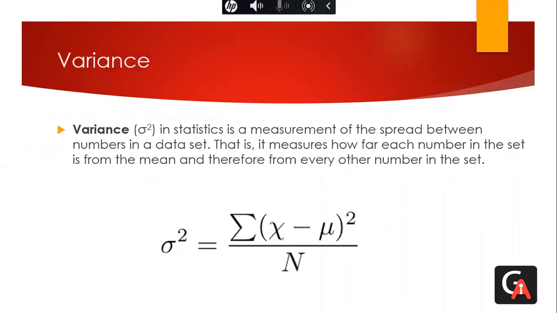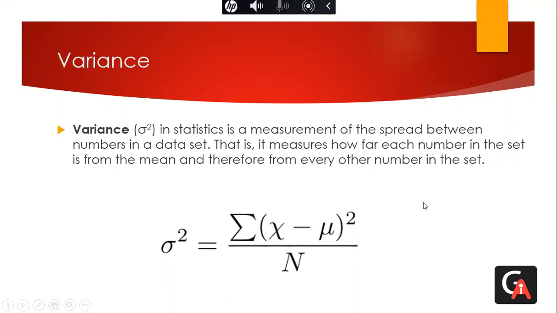That's why we need variance. So what is variance? Variance is going to count the distance from the mean of each data point. It considers each data point and calculates its distance from the mean. So I think it's the correct measure to see how data is distributed in the data set. Let's understand this formula. x is the data point, nu is the mean, and n is the total number of elements in the data set.